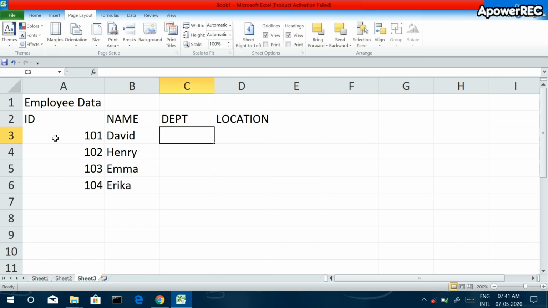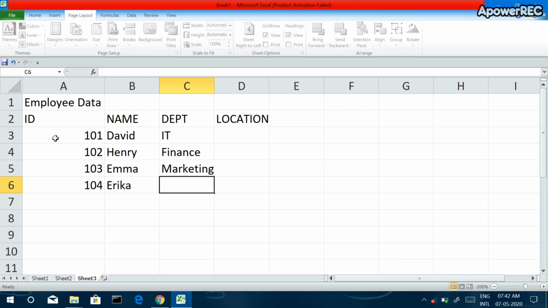Department could be IT, finance, marketing, again IT.